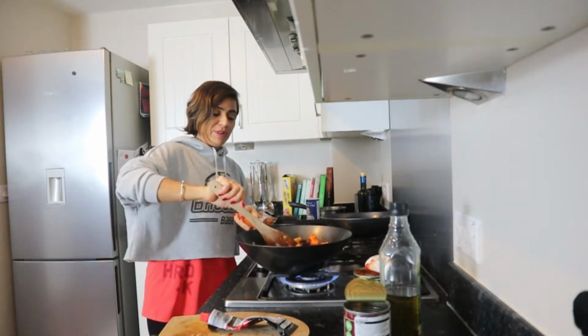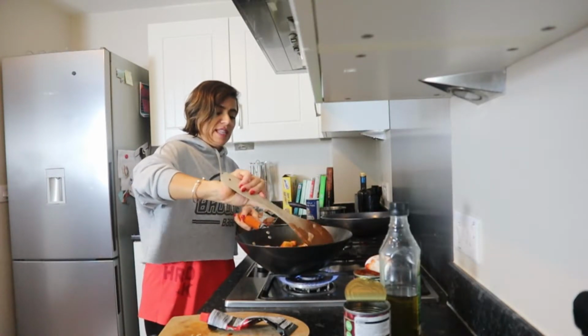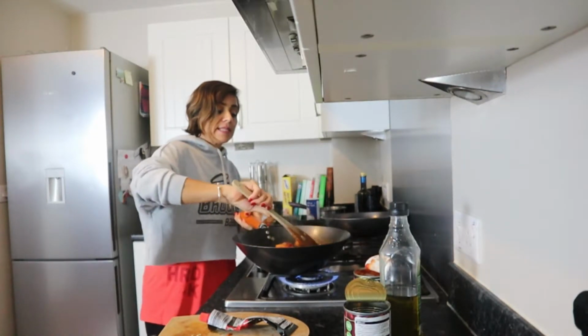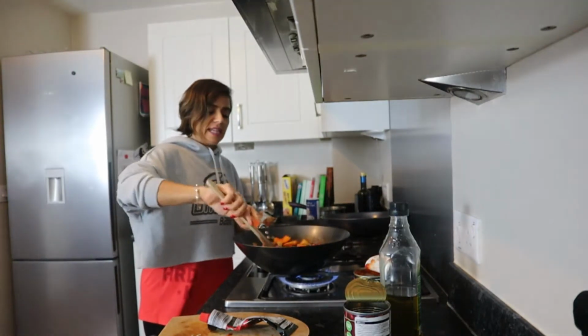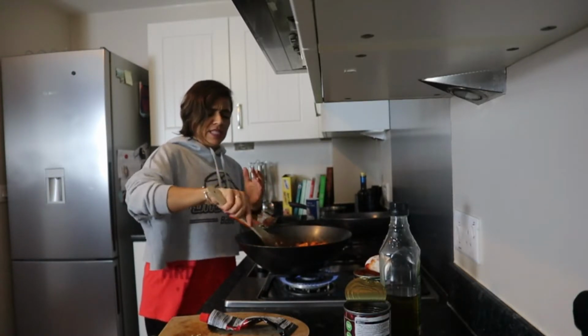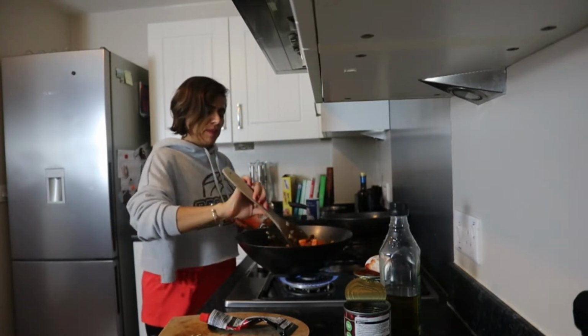We are going to have to put water in this, because we need this butternut squash to get softer. But basically, just doing this, you can make this in a slow cooker as well. You can put all of this together and just leave it and let it simmer, and it's going to be so beautiful, so tasty and warming in this cold, miserable,